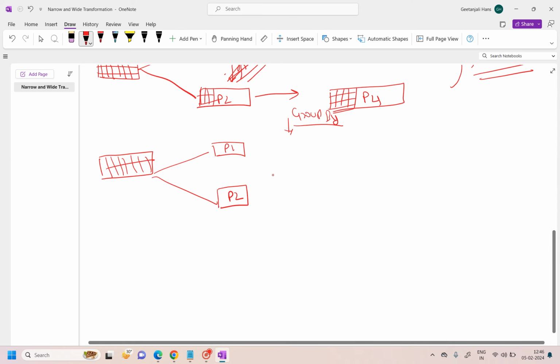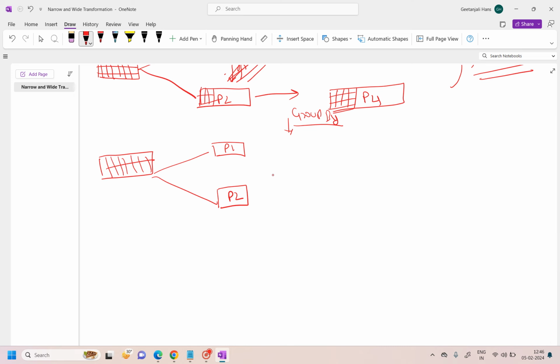You cannot perform group by on a smaller set of data. You have to perform this group by on the entire set of data, right? So what Spark will do in memory is store the data from both the partitions based on the group by condition, and then it will perform the group by operation on it, right? So the data is shuffled and communication is required between the partitions, right? So whenever you see this kind of process flow of data based on the functions,